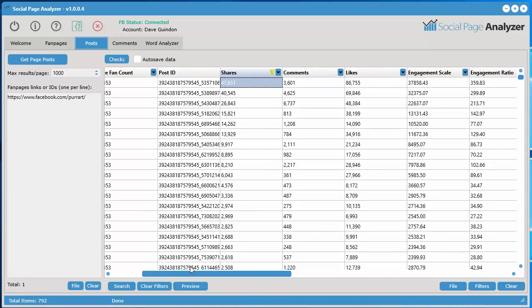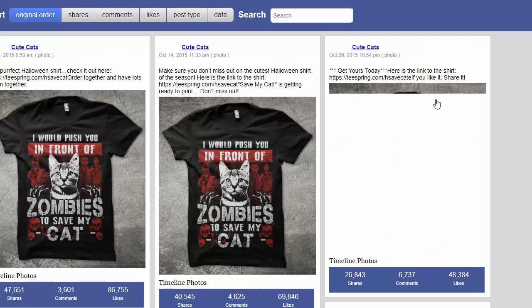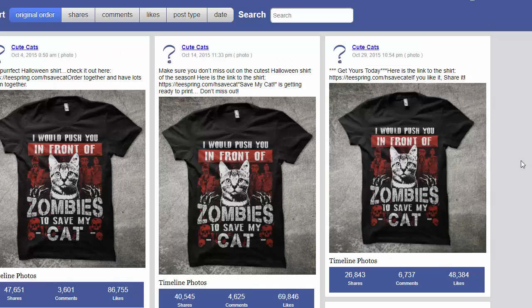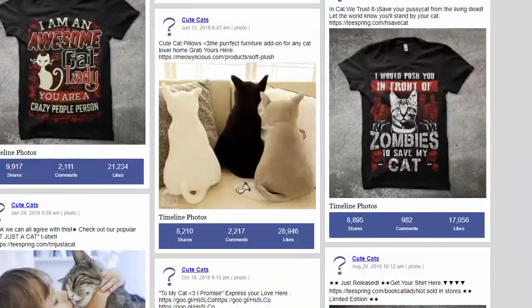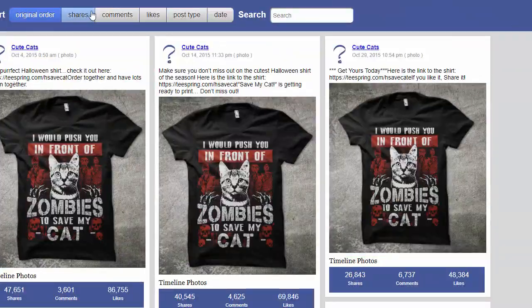But check this out. If you click the preview button down here and let's preview all posts, it'll open up all of those posts in your default web browser so you can quickly see them all. This is really, really cool. And you can go ahead and sort them all just by clicking here, or you can do real-time search here. But taking a look at this, you can see the top 3 here that had the most shares